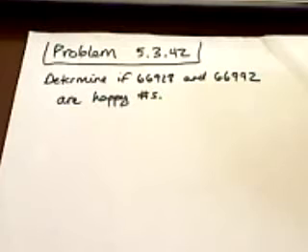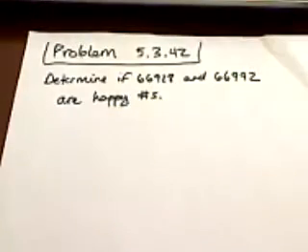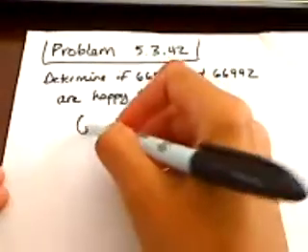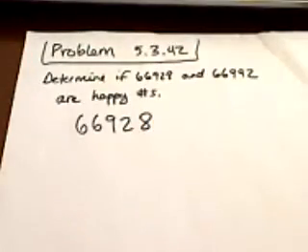And happy numbers are essentially if you take each of these digits that are in the number and you just square them and then sum all of those together. And you keep doing that process. If you end up with the number 1 eventually, then it's a happy number. So for instance, if we just take a look at this number right here,